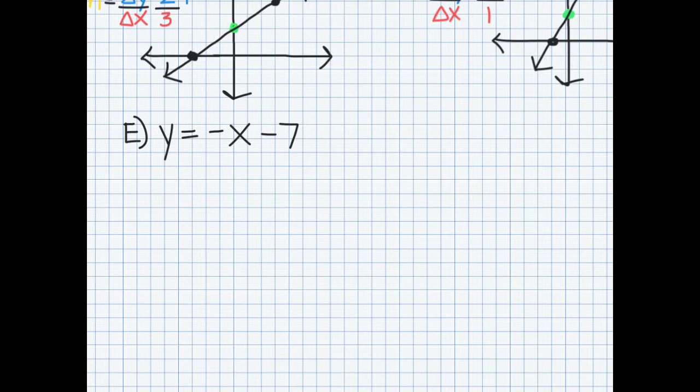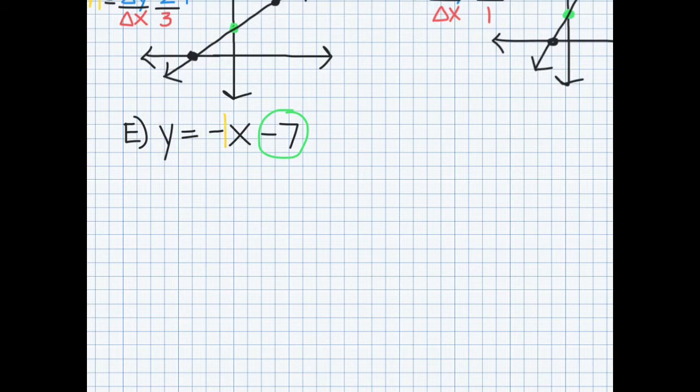The next one I'm going to do is letter E from set 2. Letter E from set 2 had an answer of y equals negative x minus 7. This one is unique because, first of all, it's got a negative intercept, which we haven't had yet in this video anyway. The other thing it has is it has that invisible slope